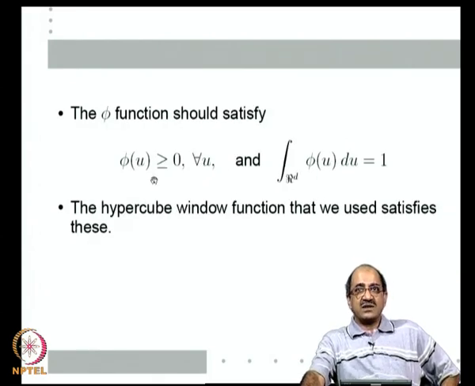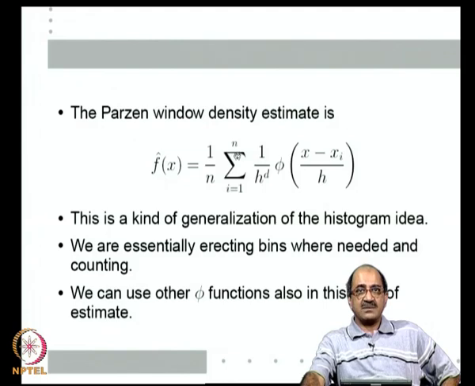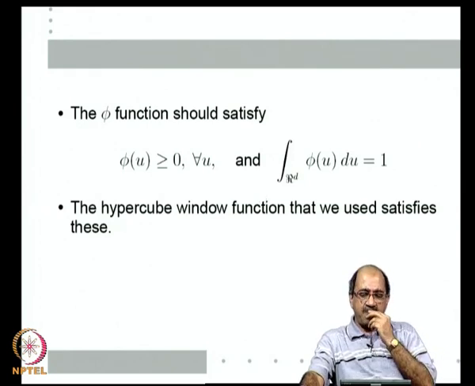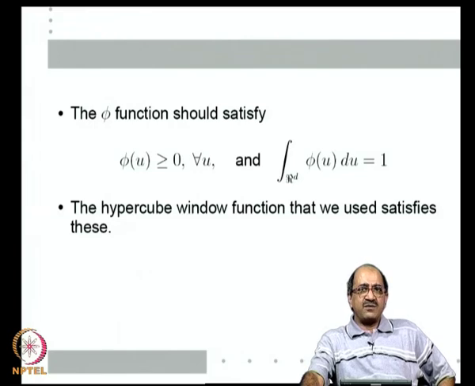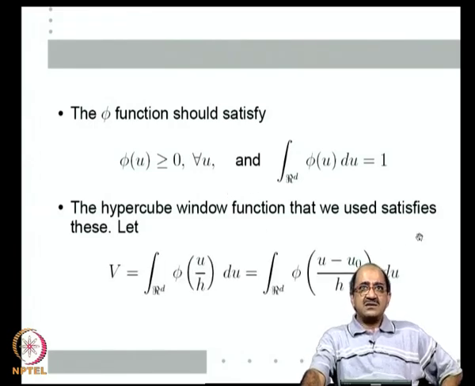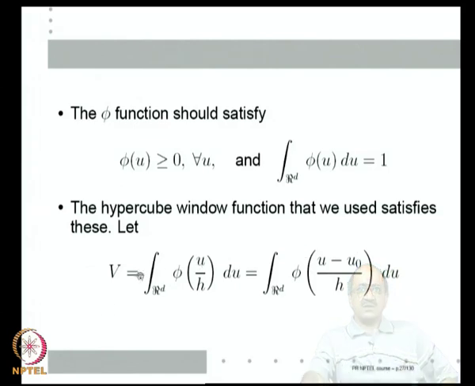Essentially, for this to be a density estimate, we only need two properties of phi. One is that phi should be positive, and two, integrated over R^d, phi should integrate to 1. That is to say, phi should itself be a density. The reason is the following: if phi satisfies this, and we choose the volume V in the denominator of my f hat to be this integral over R^d of phi(u/h) du,